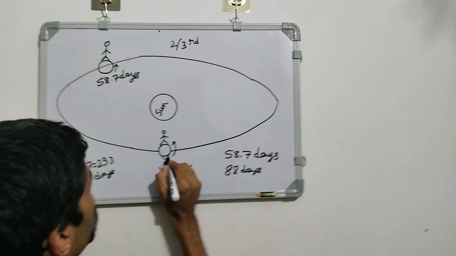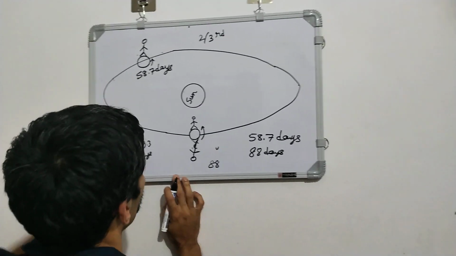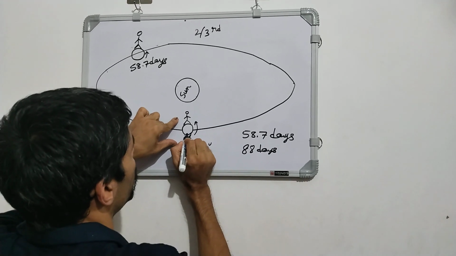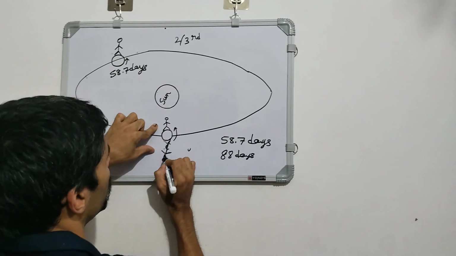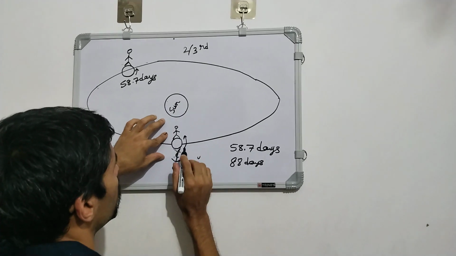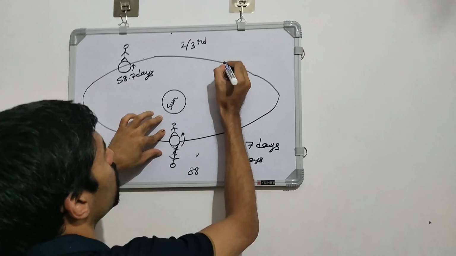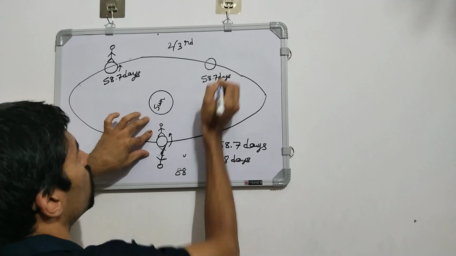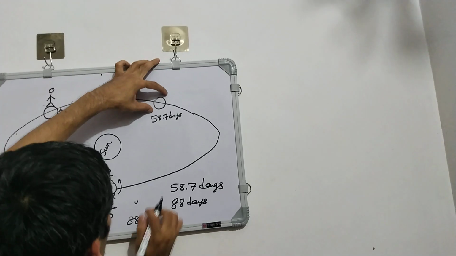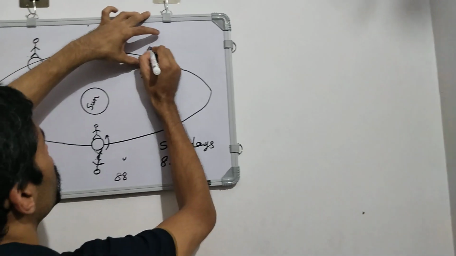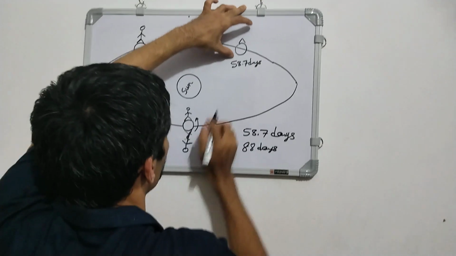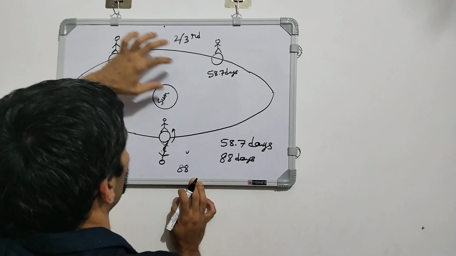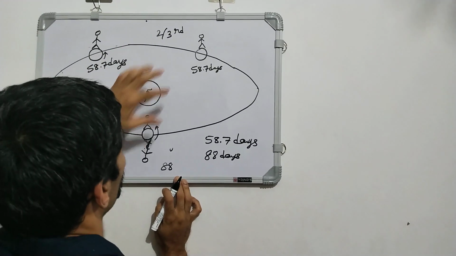So even though Mercury has completed one revolution around the sun, on its axis it has completed 1.5 rotations, so the person is here and the sun is not to be seen. Now again another 58.7 days have elapsed and Mercury has come here. Now the person is standing like this. Again the sun is nowhere to be seen, because